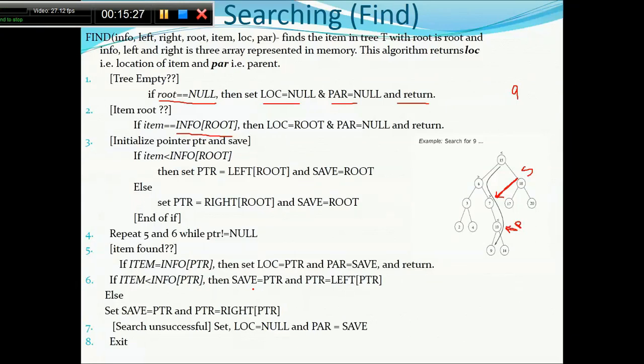No, because I'm looking for 9, it is 13. So again I will compare. Is 9 less than the information of PTR? Yes, 9 is less than 13. It says whatever the PTR is currently pointing to, copy to the save. So save will now be pointing here, and PTR will be left of PTR. So PTR will point here.